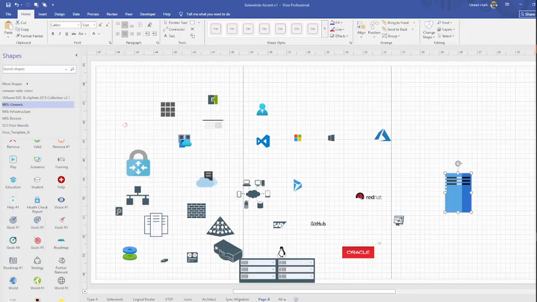Okay, so I have started recording. So this is my physical server. Okay, so I will keep it here. So from right to left I will be